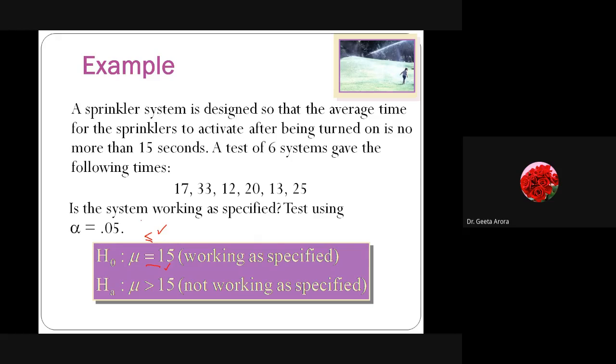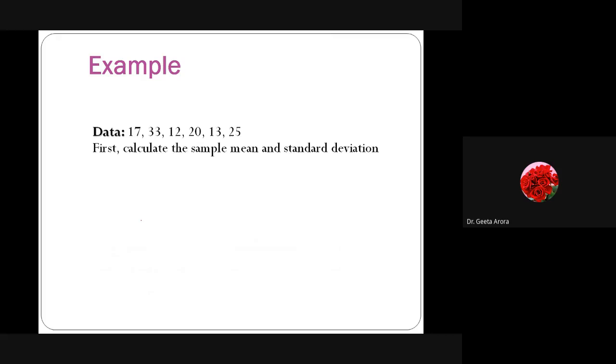The first thing is, as per the requirement, we need x bar, because the formula is x bar minus mu divided by s by under root n. n is known to me. We have taken 6 samples. x bar is not known to me. Mu is given as 15. It is also visible from the hypothesis that we have framed. And we also have to calculate s, which is not given to us. So the first thing that we have to do is find the sample mean and the sample standard deviation, meaning we have to find x bar and s.